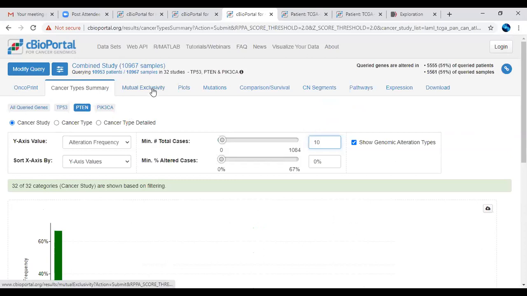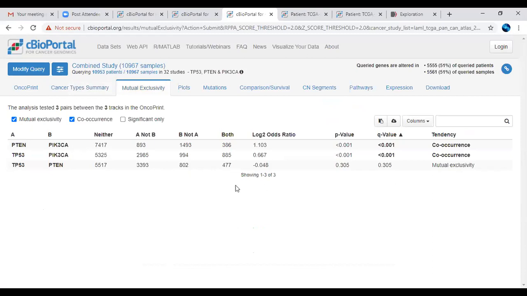So what is this mutual exclusivity providing? Here the data is provided in the form of log2 values, p values, and q values. So how many genes you can view here? You will get the number of q values and log2 values based on whatever algorithm they have preferred, and by taking this particular value, you can even generate a heat map based on the expression data sets. You can download the data in TSV format from here, or you can copy those data sets.